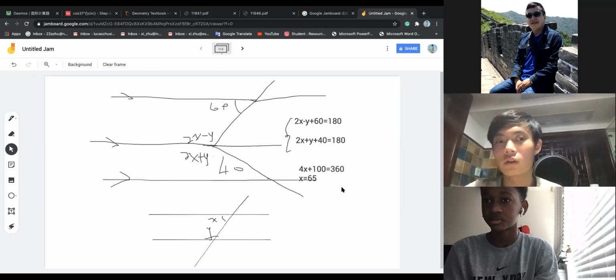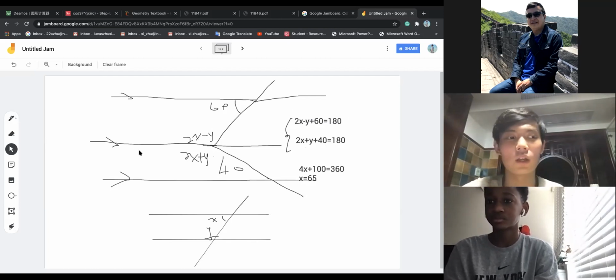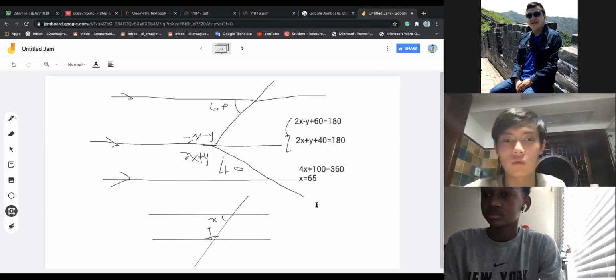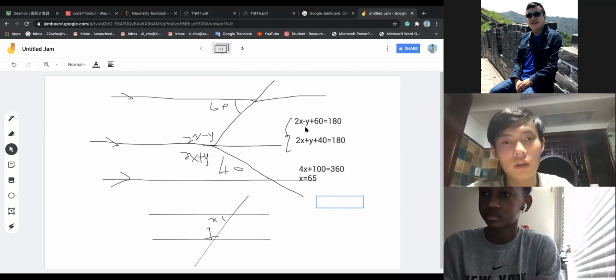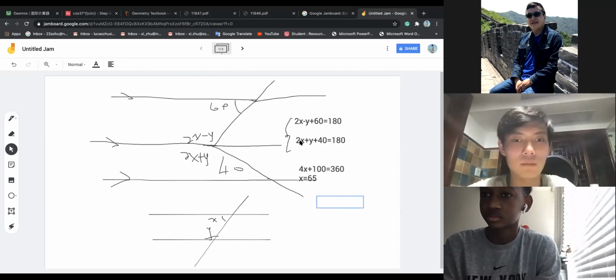So you put it back, right? Yeah. So you put the x value back into just any of the equations. You can choose the bottom one or the upper one. It doesn't matter. You just have to put it into just one of the equations. Just put it back. So if I choose to put it in the bottom one,